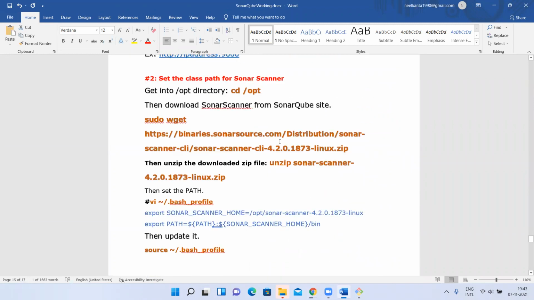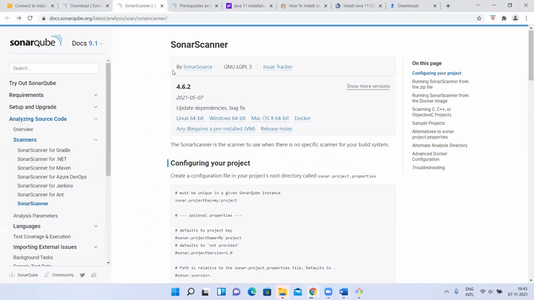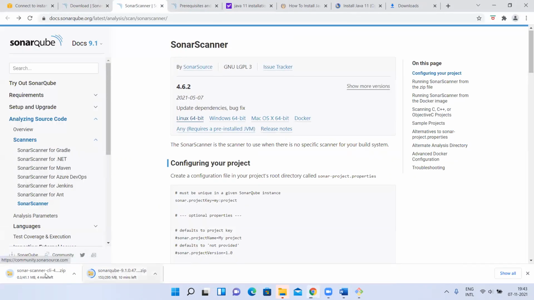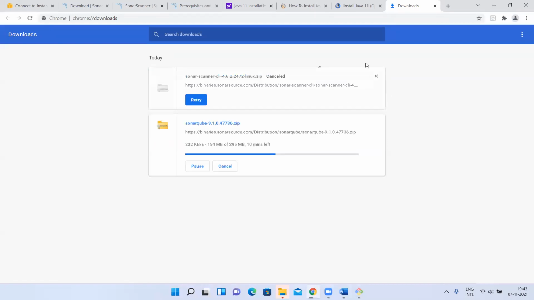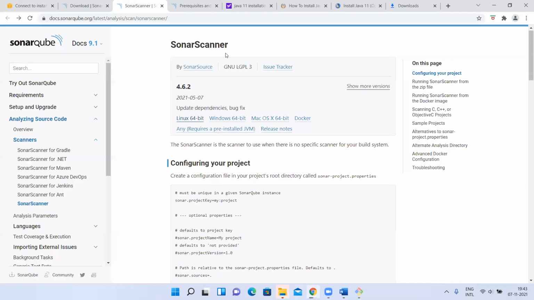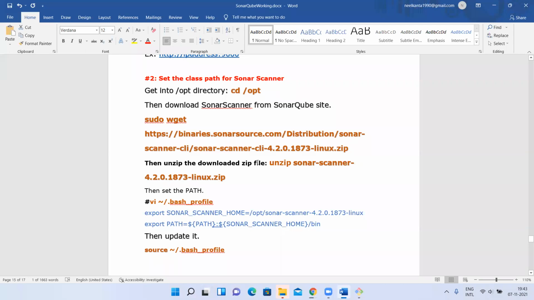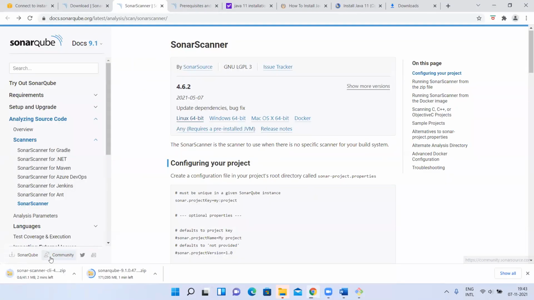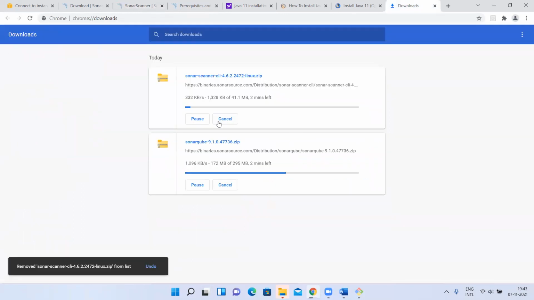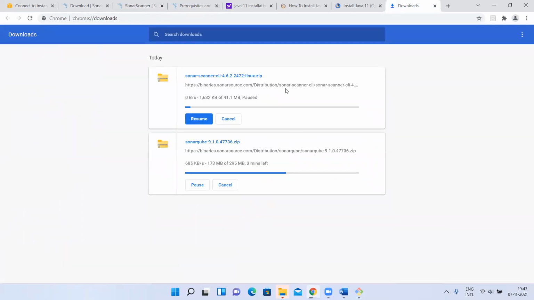and download. If you want to download a different version, you can go to this Linux 64-bit, right? It started downloading. I already have it, so let me cancel this. Linux we don't want also because this is a Windows machine. So whatever you want, you can pick it. That URL, you can take it and download. How to get that URL, you know, right? If you click on this and go here, you can take this URL.